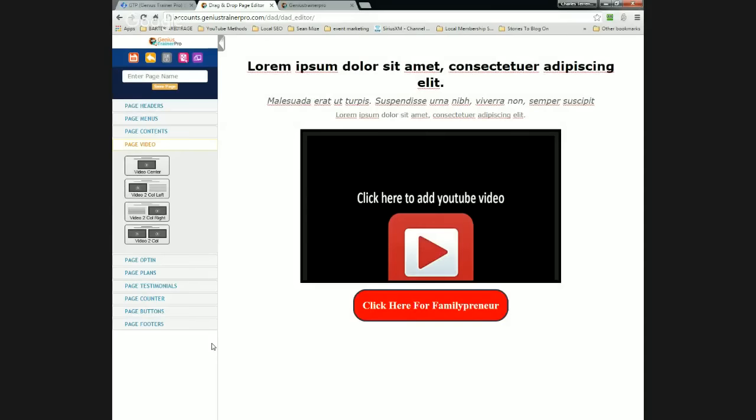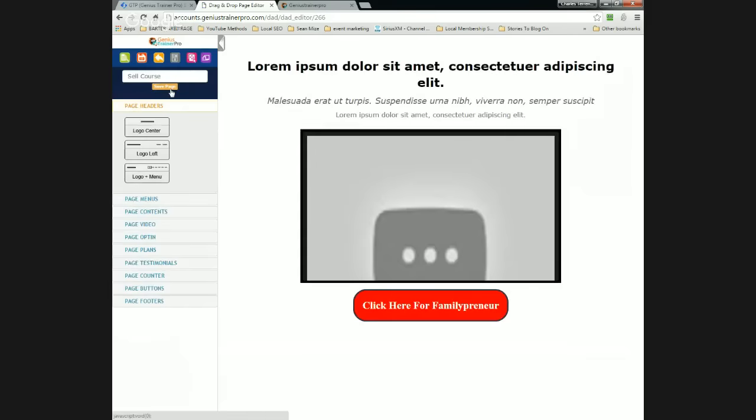I'd click save, and then of course save my page. Then my page is going to autoplay. I then want to go back and preview my page.